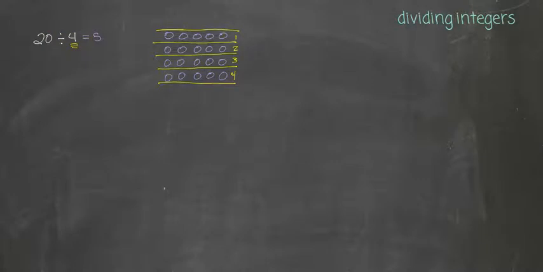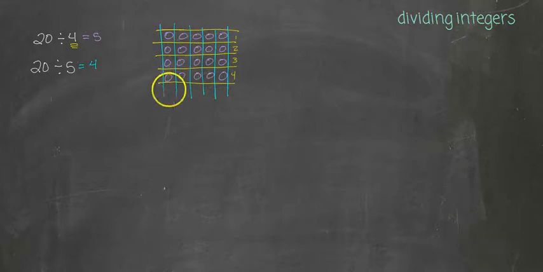So I can do the exact same thing if I wanted to divide 20 by 5. Well, that we know equals 4, but let's look at why. If I were to divide 20 into 5 equal groups, and by doing it in this direction, I can separate the piles into 1, 2, 3, 4, 5